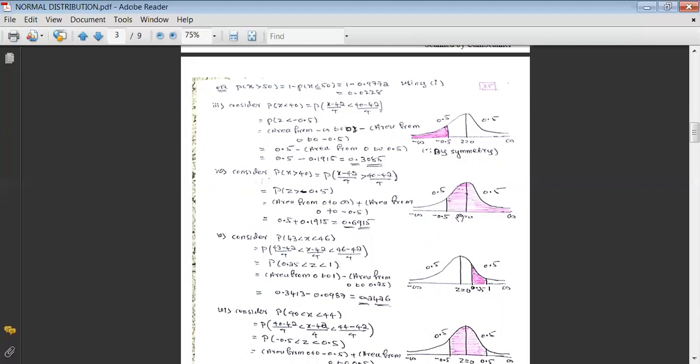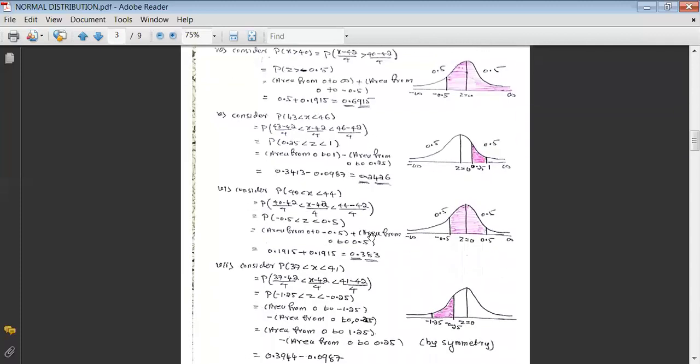Therefore this area can be written as the area from 0 to infinity plus the area from 0 to minus 0.5. And since minus 0.5 is at the same distance as plus 0.5, from the table we can read the value for 0 to 0.5, which is 0.1915. Therefore 0.5 plus 0.1915,